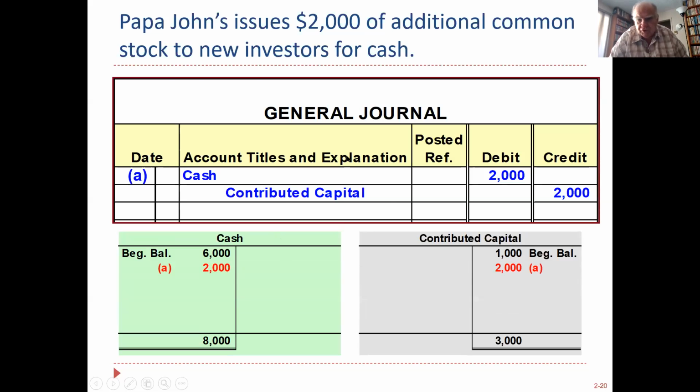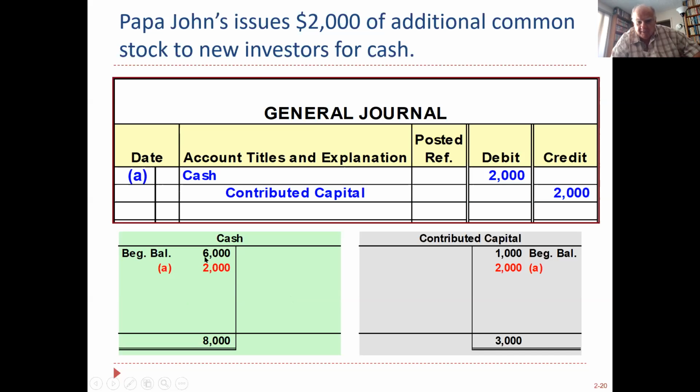When we wrote this journal entry, nothing happened until we hit the button that says post. And when you tell QuickBooks or Oracle or whatever your system is to post, it updates the general ledger. The general ledger, that's the books, huh? Think of these T accounts right now as your general ledger. And we're going to be looking at the general ledger shortly, but here we go.